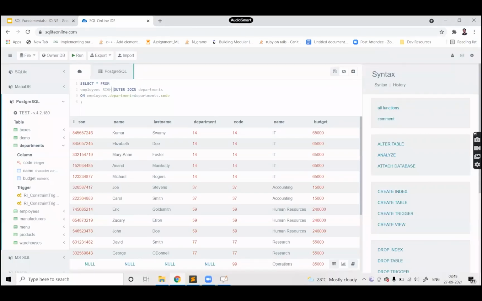As in the left outer join, you have seen that if I give you left outer join, in that case, you can see that it is actually covering all the entries of the employees. It is worrying about all the employees. It is showing me all the employees who joined a particular department. But if I'm doing the right join, right outer join,